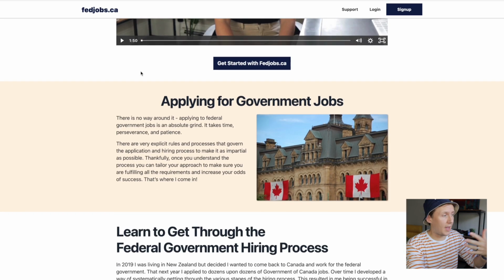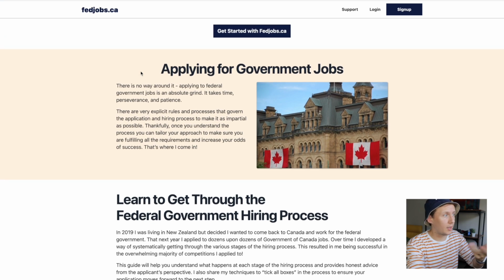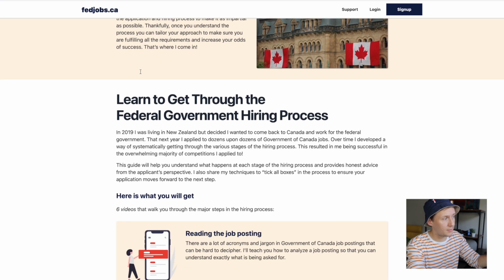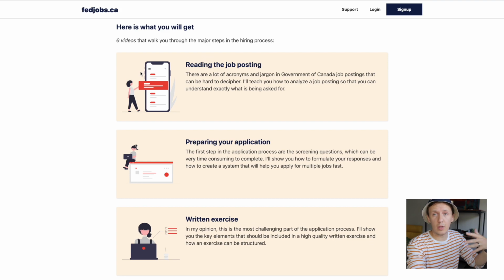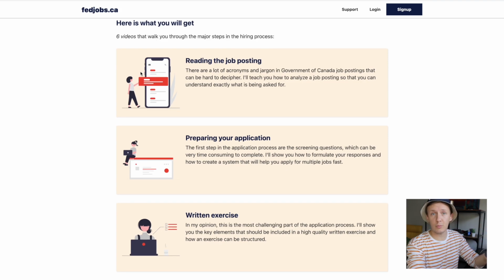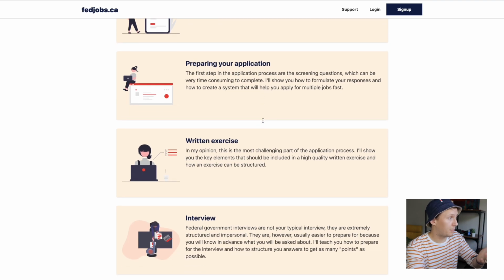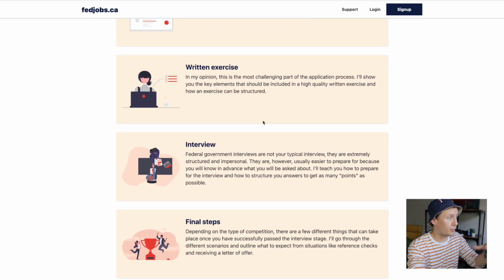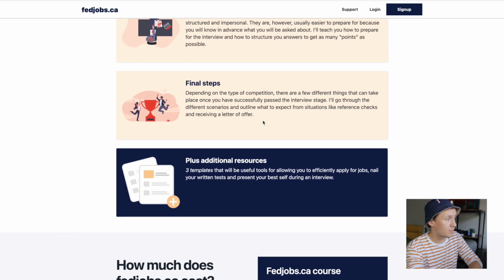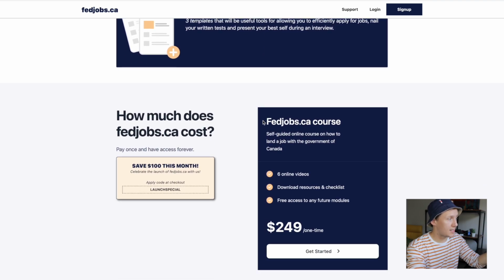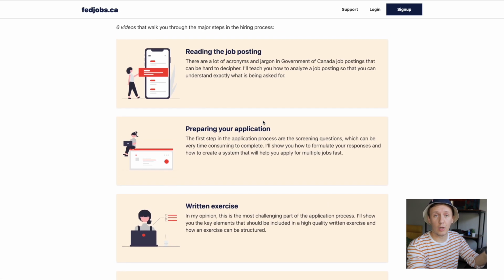So after I had an idea of what the course would be about, we wanted to start off with designing this particular page here so that we could get an idea of what information would be on the page, and that would then dictate what the next few steps would be. So after we figured out that these are the key stages that people need to know about in order to get through the different stages of the application process, we created those sections, and then we started working on scripts